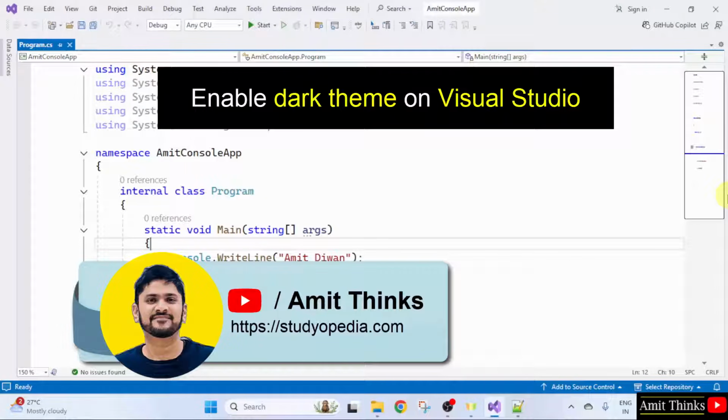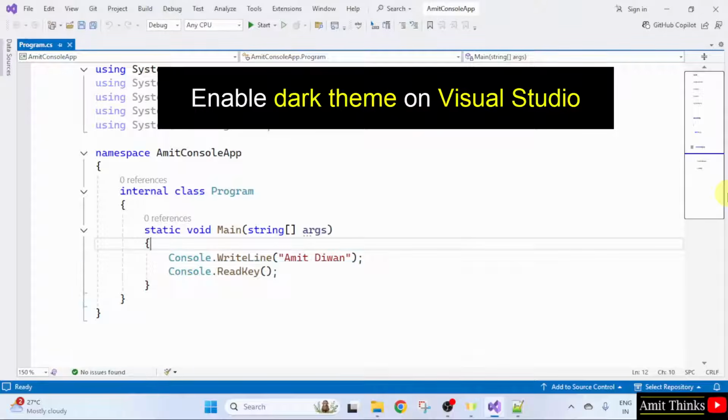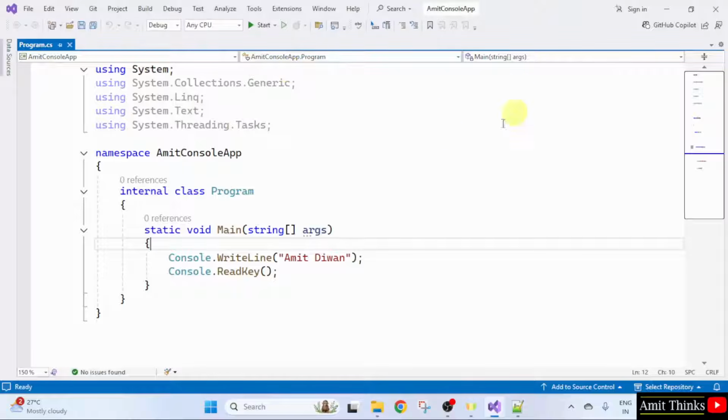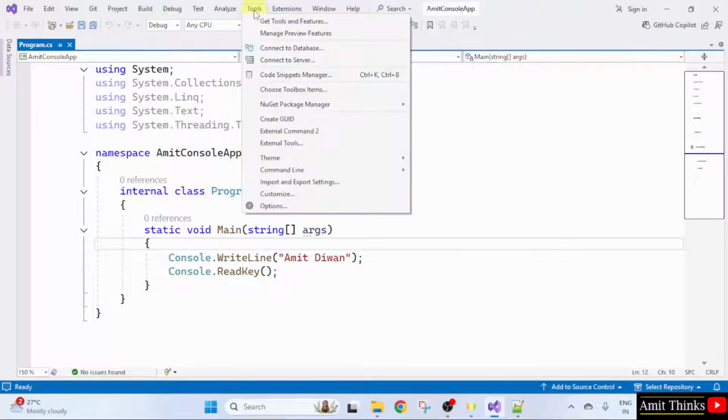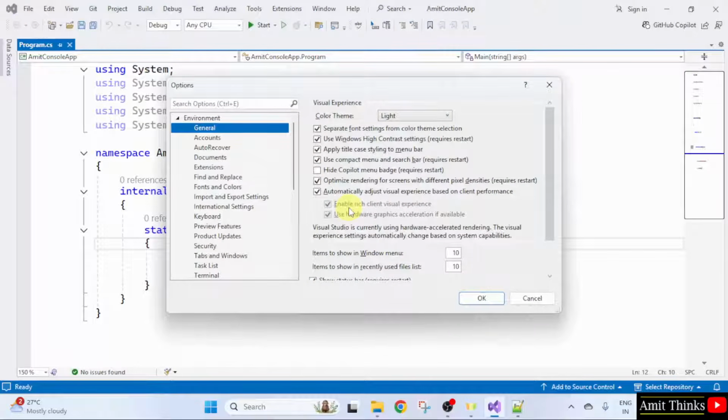In this video we will see how to enable the dark theme on Visual Studio. Let's see. Here the light theme is visible. Let us change it. For that, go to the Tools menu, click on it. After that, click Options. After clicking Options, under Environment,